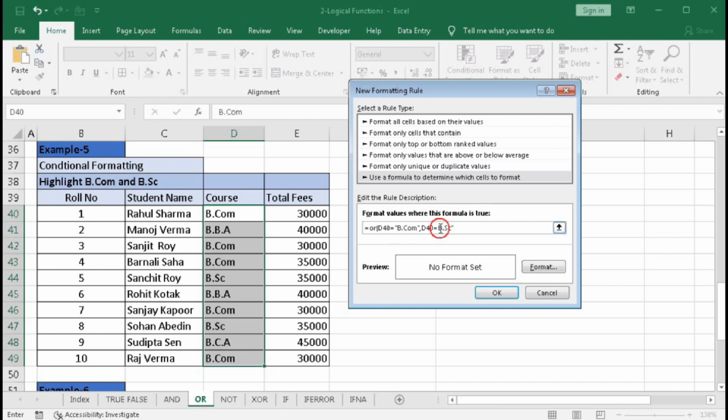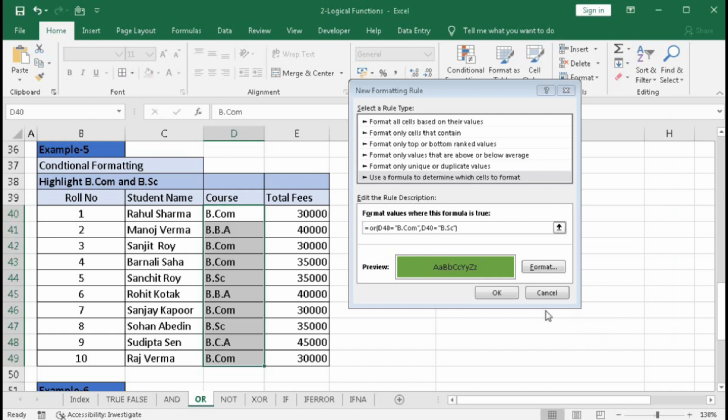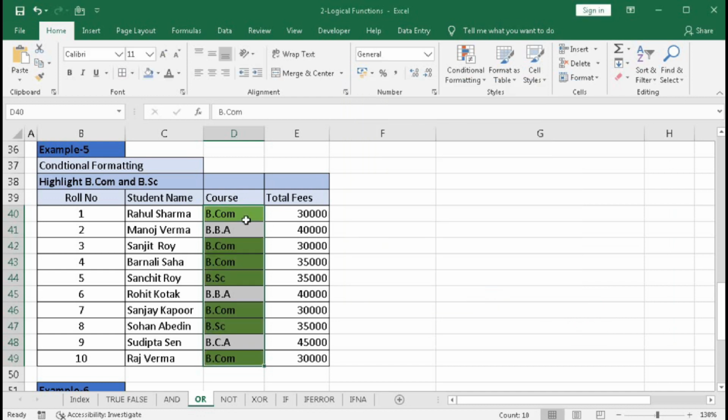Here should be one quotation, then here bracket close for OR. Now select the color, okay, okay. You can see BCom, BCom, BCom, BSc, BCom, BSc, BCom. So only BCom and BSc are highlighted. In this way you can use the OR function to highlight different cells.